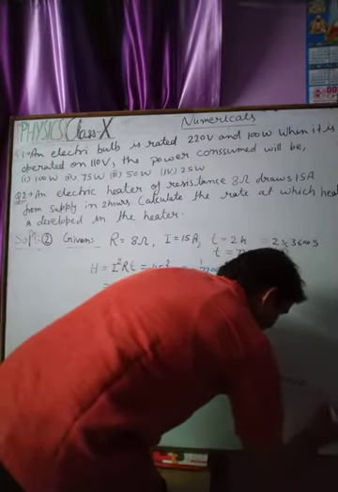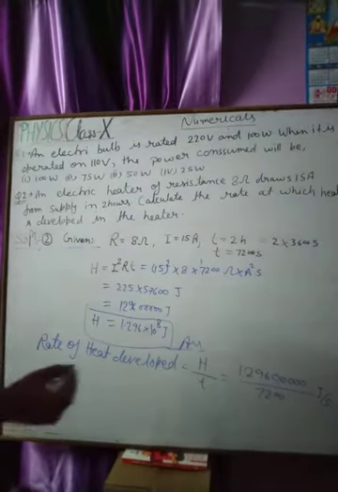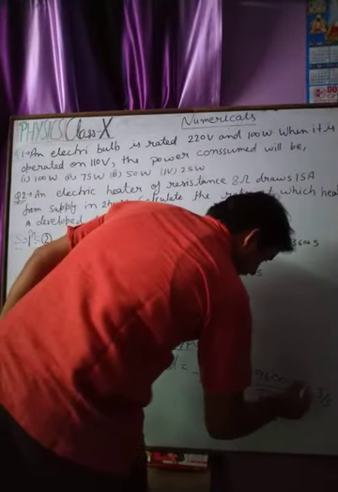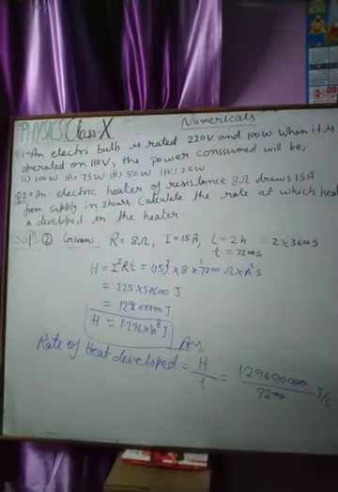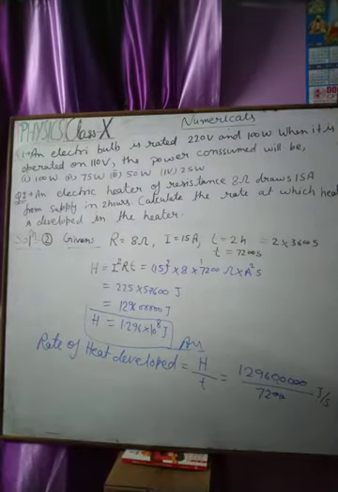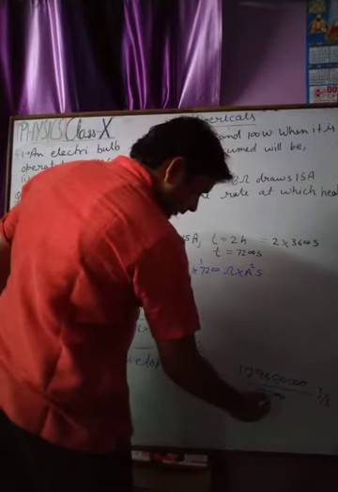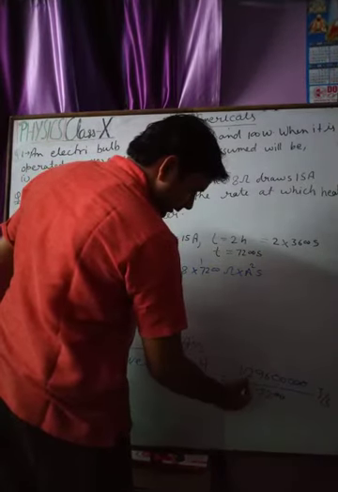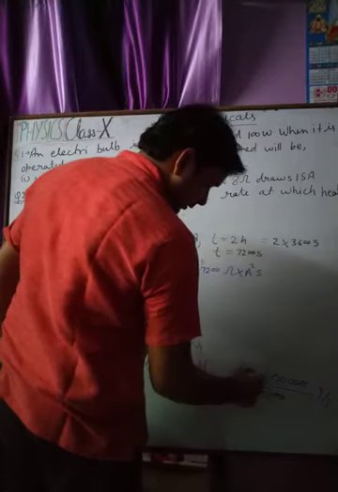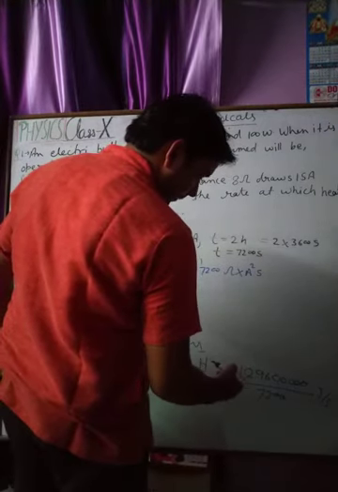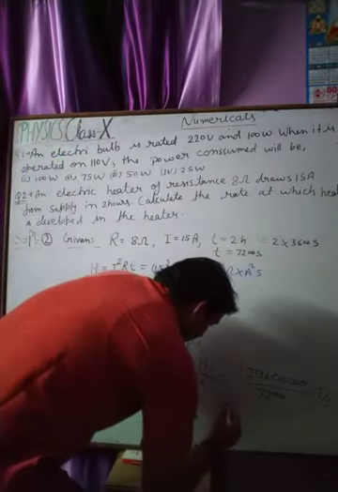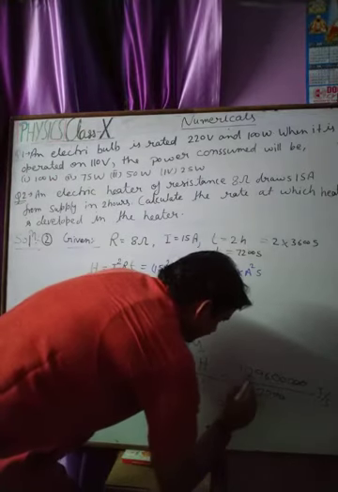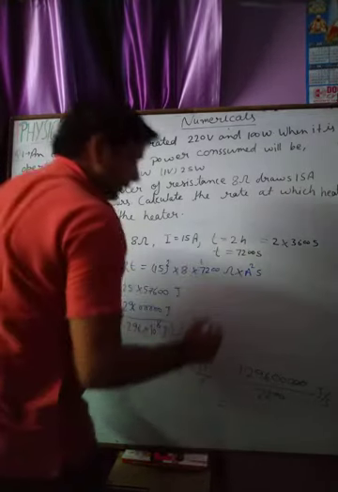So this is the rate of heat developed in the wire. Now this will cancel by 72. See,